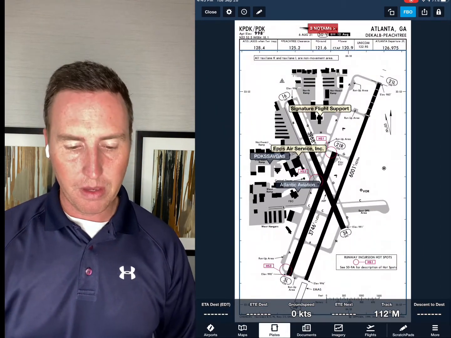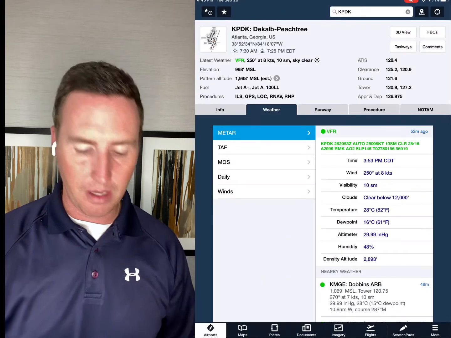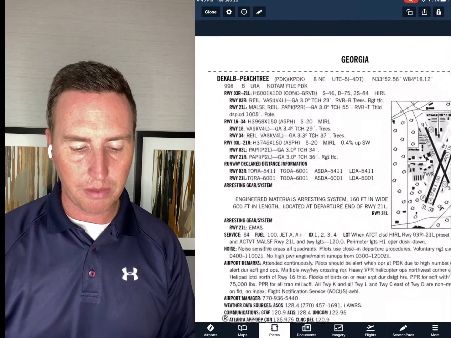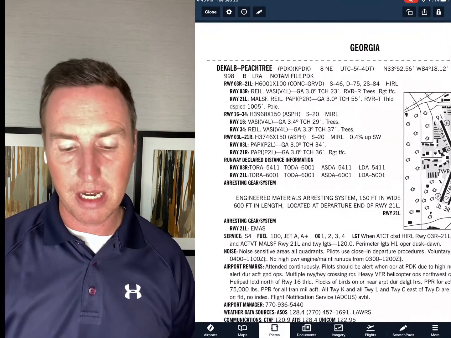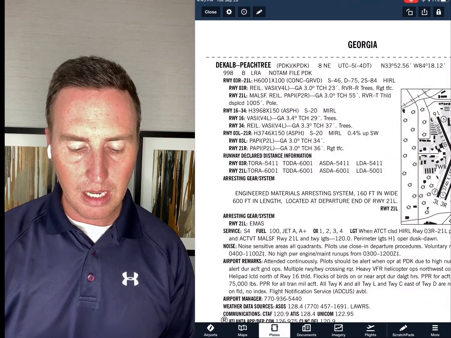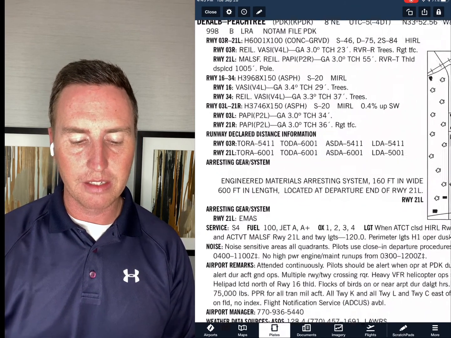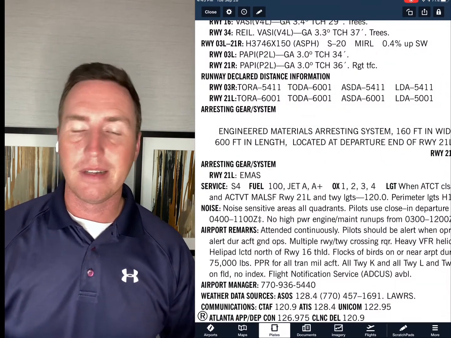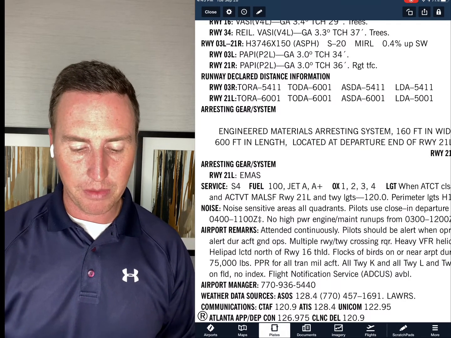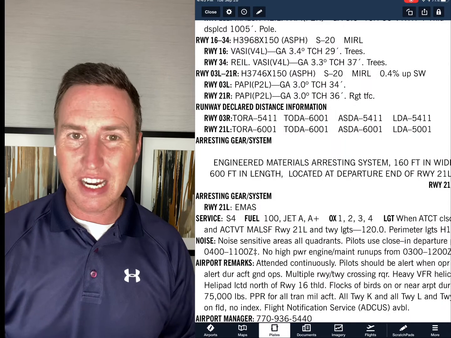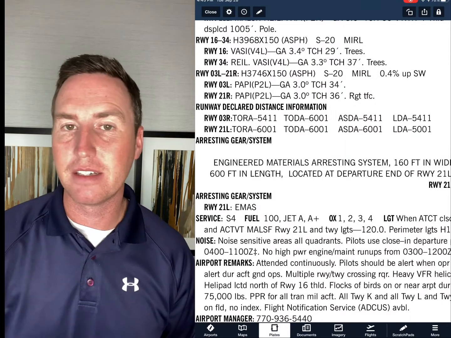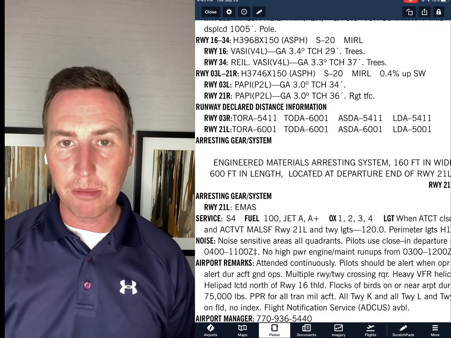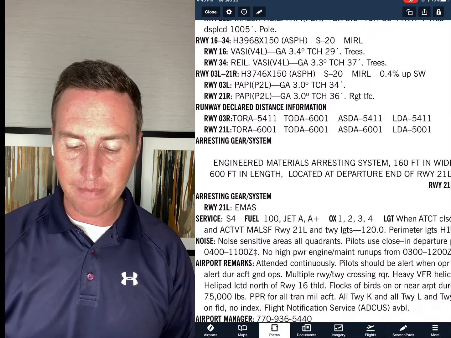Then we can go back here to info, and then we'll go to the chart supplement, AFD, and zoom in here. So 3-4 is 3,968 feet by 150 feet. And if you'll look, there's runway declared distance information. This is the important stuff, especially if there's displaced thresholds or whatever. So for 3 right, takeoff run available. The takeoff run is basically your pavement. It doesn't take into effect a clearway or stopway. So the takeoff run available is 5,411 feet for 3 right. Landing distance available,